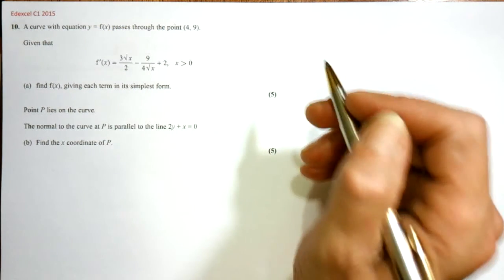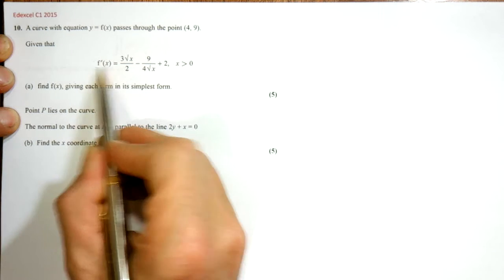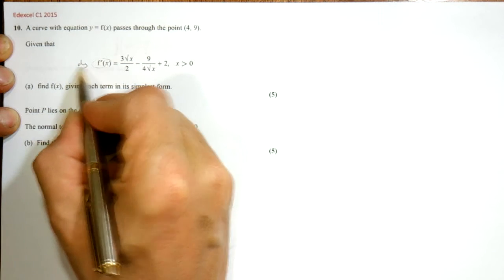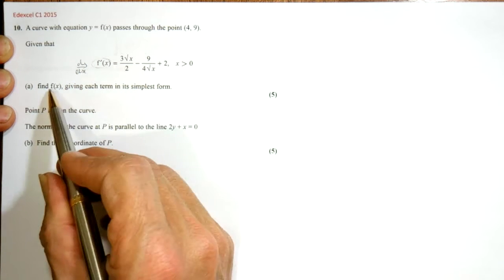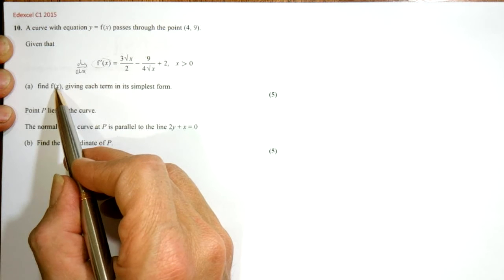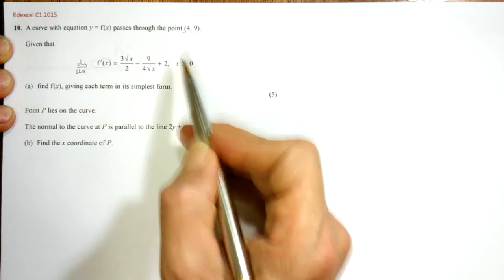Edexcel C1 2015 question 10. A curve with that equation passes through a point. Given this, find f of x. So we're going to integrate, this is dy by dx, remember. f dash of x is the same as differentiating y with respect to x. So undo the differentiation, get back to f of x, which is why we're pointing, because we're going to find